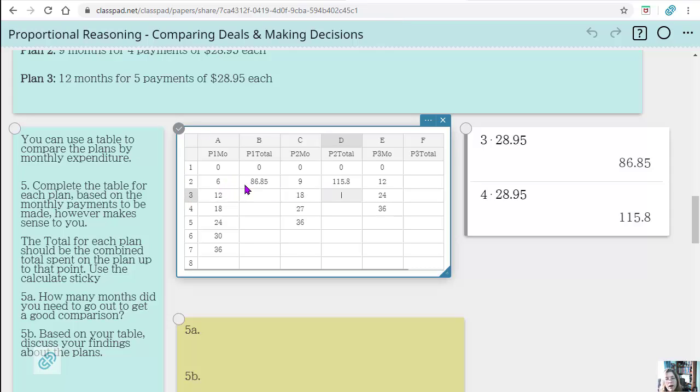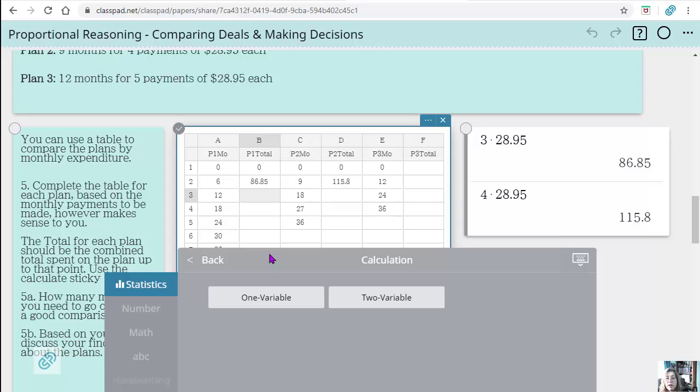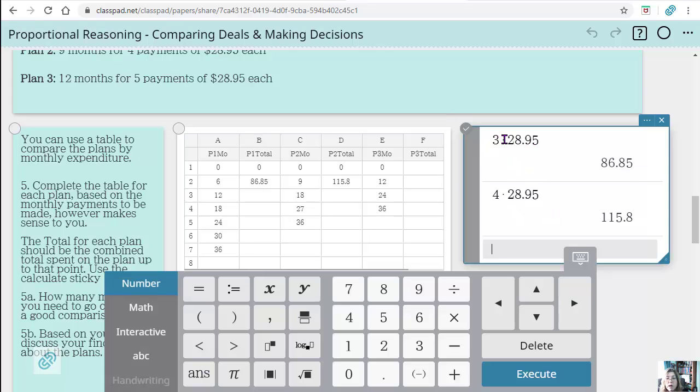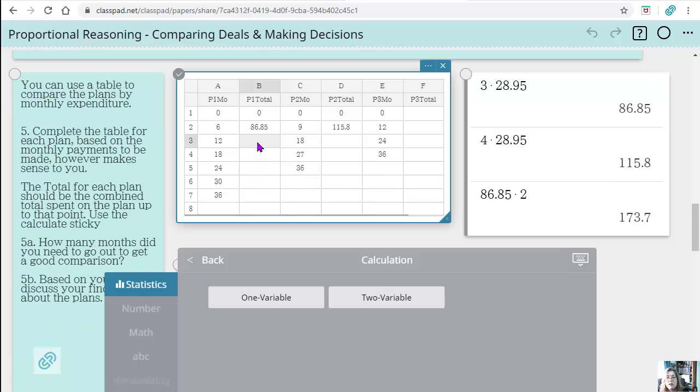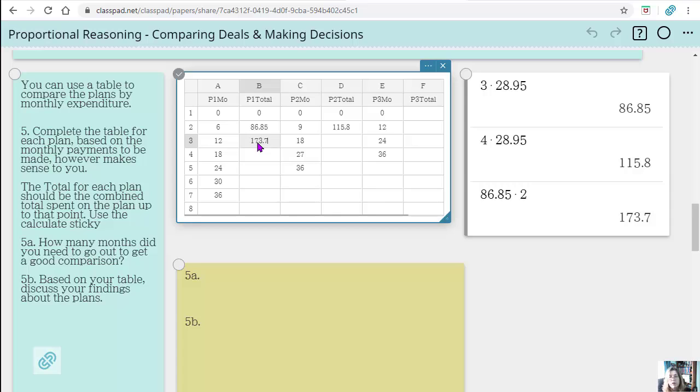Now, I can't really make a comparison because it's a different number of months, but I can see that maybe this one, I'm spending an awful lot in just 6 months. I still have 3 more months to go, you know, things like that. So we're basically going to fill out this table. And what they tell them in the directions is cumulative total. So for example, if every 3 months I am paying $86.85 in plan 1, then $86.85 times 2 would be what I would spend in the next 6 months, right? I think I said 3 months before. And I can continue to fill out my chart based on that.